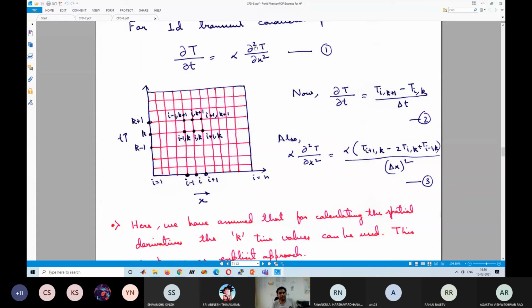Based on this, there are different schemes, and each of them has a separate name. I will explain. Is my point clear? What is the confusion? Yes, sir. Okay, this is very, very important.